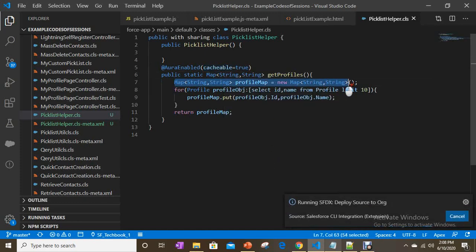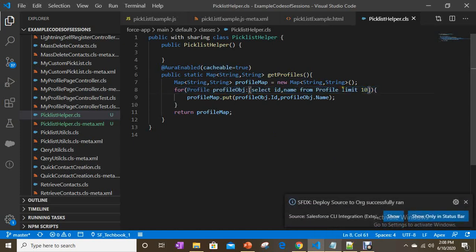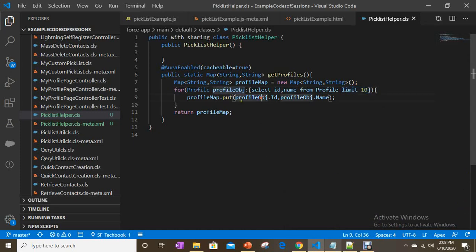And what we are doing here, I just declared a map, profile map, and I am querying profiles from our Salesforce instance, limit 10. I am querying just 10 profiles only, and I prepared a map with key value. Key is profile ID, value is name.